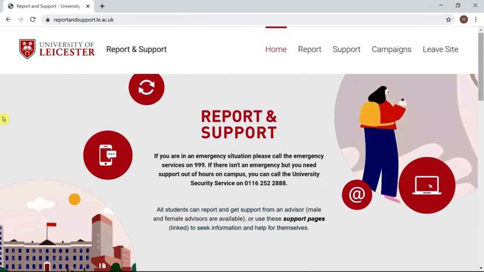Those are the main functions of the report and support system, but please do have a look through in more detail at your leisure. If you have any questions or feedback, please email